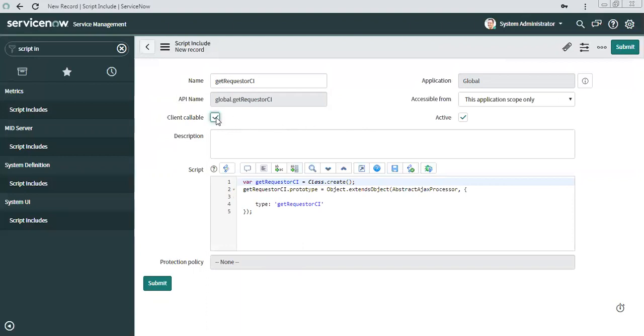And this script is auto populated. This will come by default. This is the syntax. And if you don't need to call this script include from client, then you need not mark this.